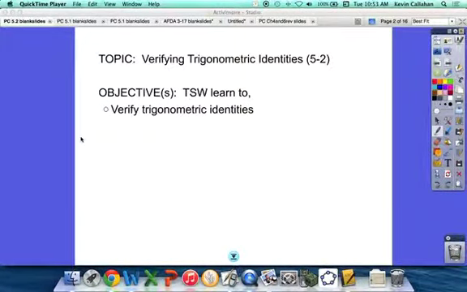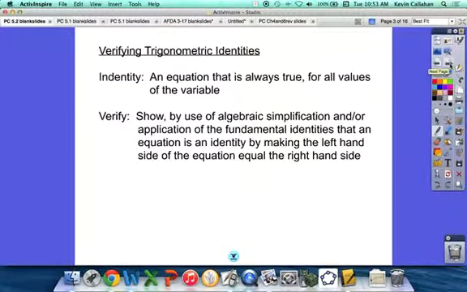Okay, so verifying trigonometric identities. That is the whole lesson today. A memorable one of that, right? Verifying trig identities. First, by identity, and I spelled that wrong. Identity. I have to fix that. By identity,